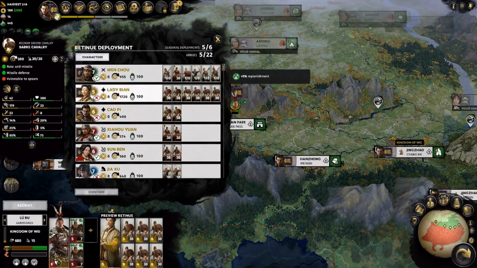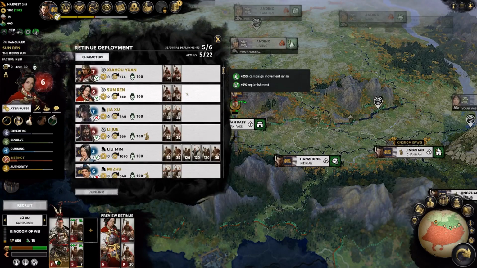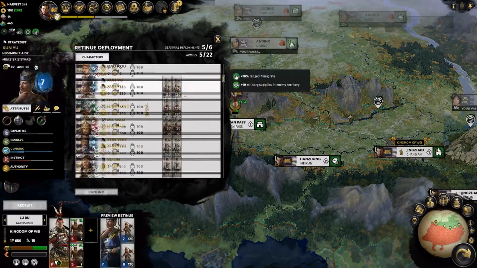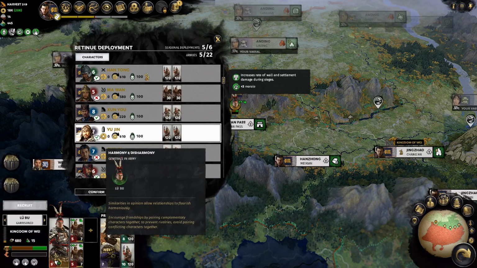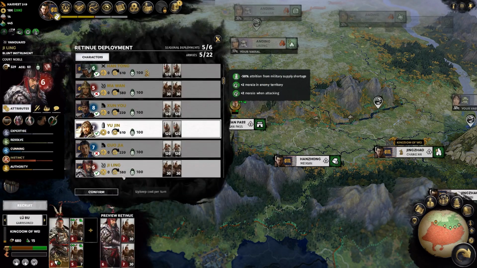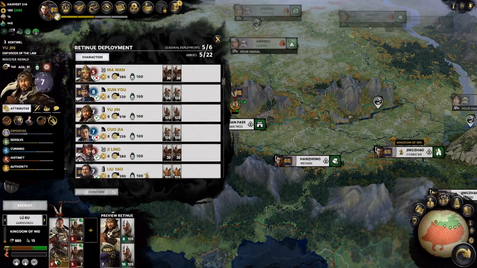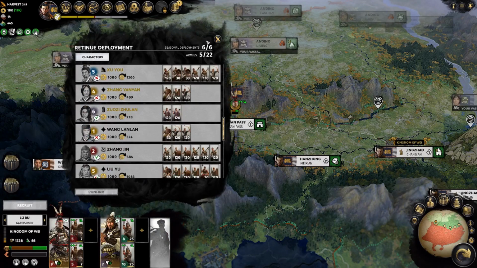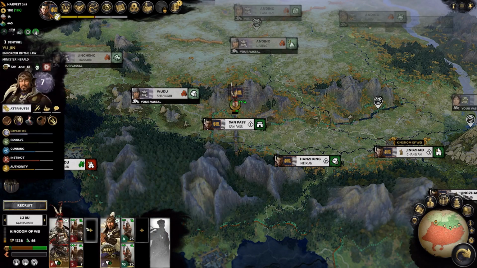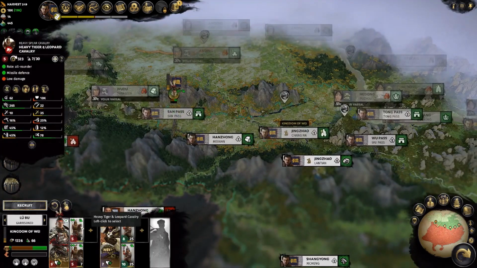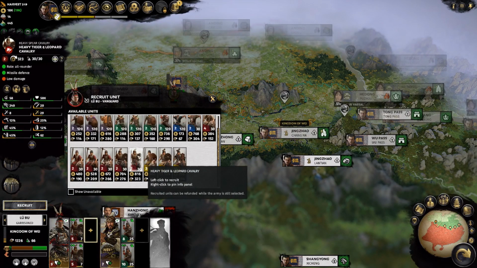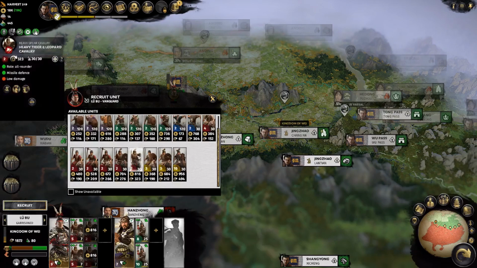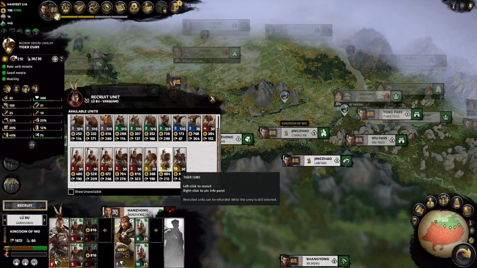So here he probably needs some normal units that can help him actually. So we're gonna put Yujin in here. They are gonna be in harmony, so that's gonna be very good for us. Now we just need to make sure they have the right units. We are gonna give him some of these heavy tiger and leopard cavalry here. They are crucial for our success, so let's give him 4 of those,